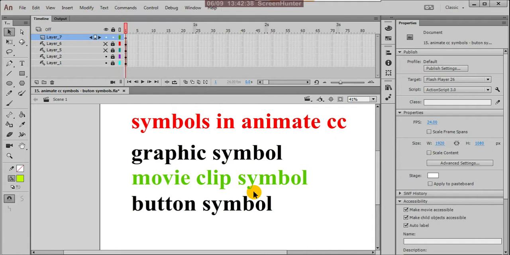Generally web designers and web developers use them, but how to create buttons and how to react these buttons, I'll explain today. Of the three categories of symbols, we already used graphic symbols and movie clip symbols, so today I'm explaining about button symbols.